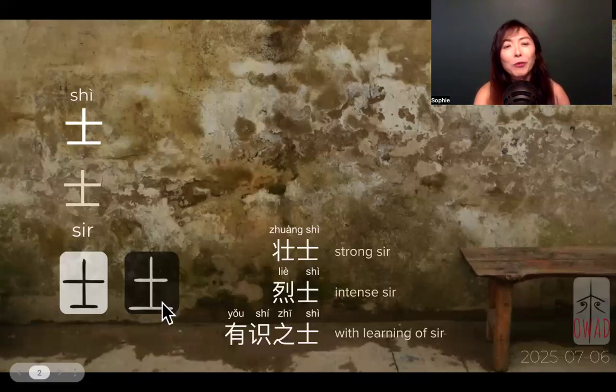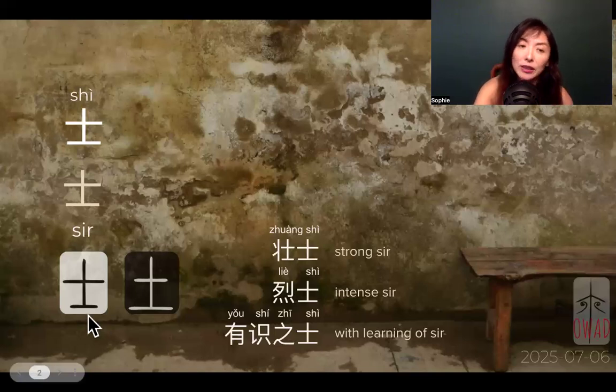I don't want to repeat what I explained for Tu, but in Tu, the ground in the soil is the first horizontal line, versus in the Shi character, the ground is the second horizontal line. And there is no underground portion here. So if we regard the bottom as the ground, then on the top, there is this cross. Chinese doesn't really have crucifixion.